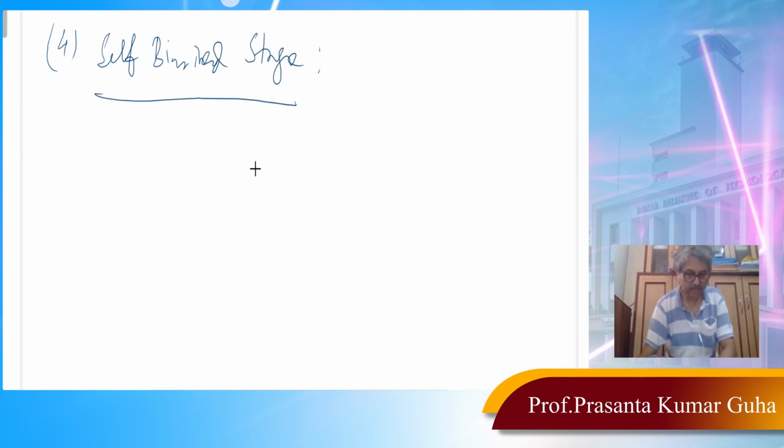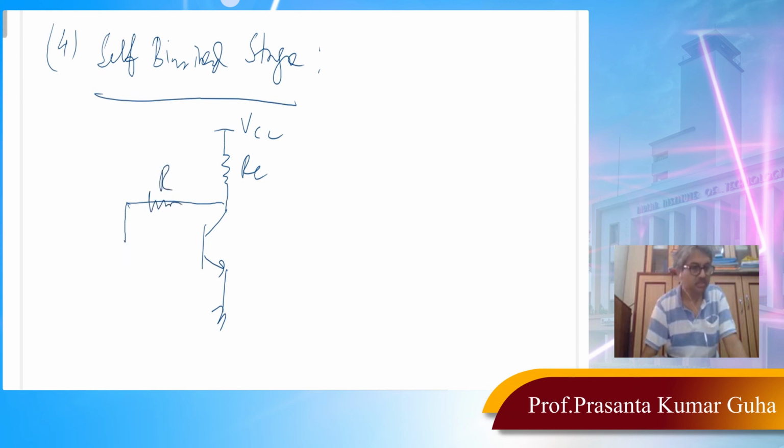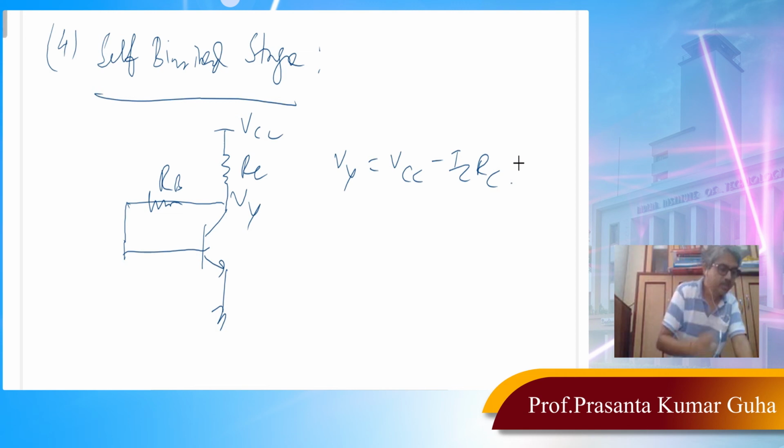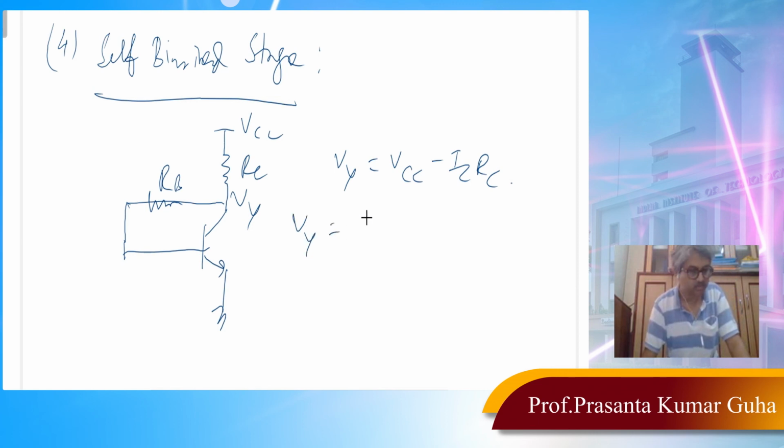There is another biasing technique which I would briefly like to mention before we finish, the self biased stage. Okay, in the self biased stage, the circuit is like this. Here we have RC, VCC, and this is your RB. So this is your self resistor biasing. Okay, in this case you see Vy is equal to VCC minus ICRC. Okay, and so we can write